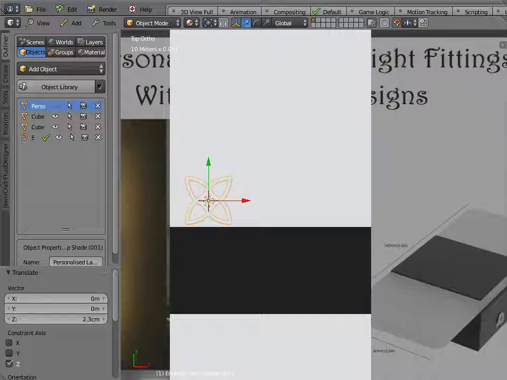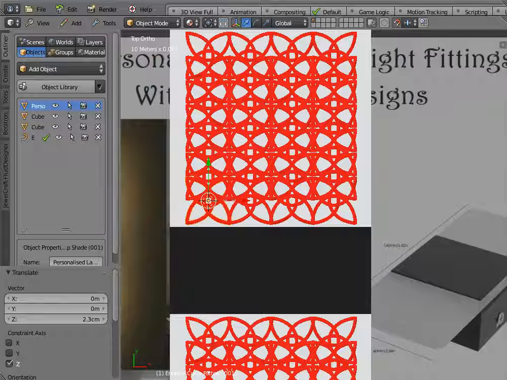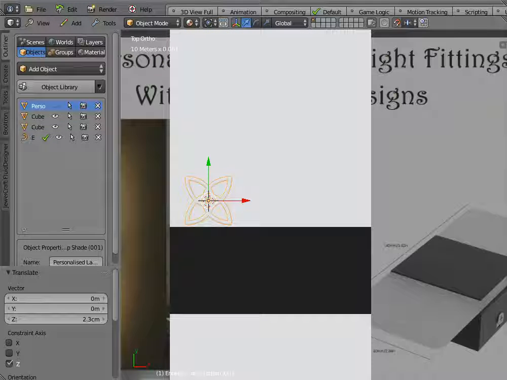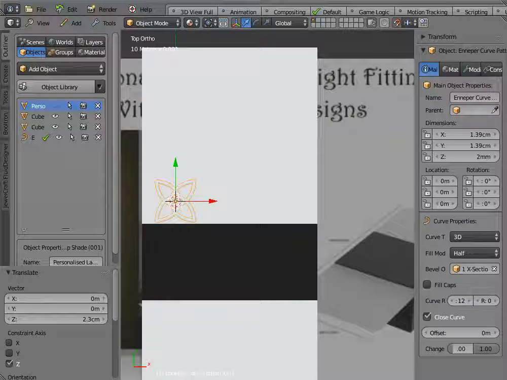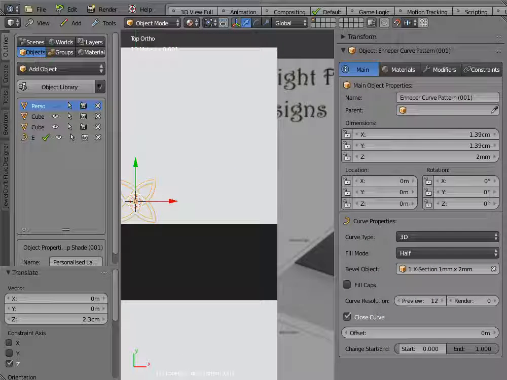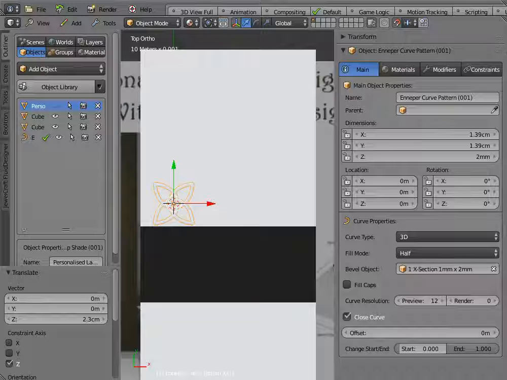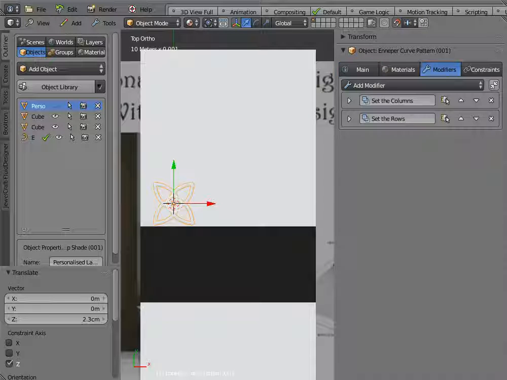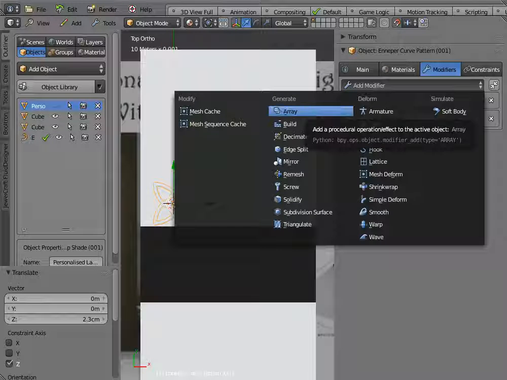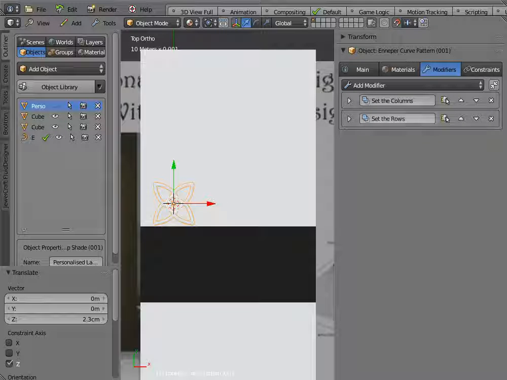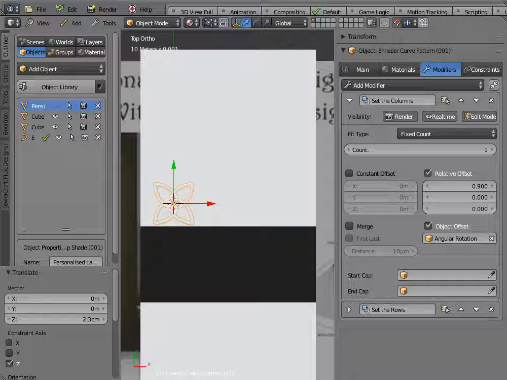It's not in red at the moment. That red color is just something that you can add on for later, and this is also a color that you can actually 3D print in. Now if we open up the properties panel on the right hand side, what I need to do is go to modifiers, and there are a couple of modifiers already set up with these parametric objects. These modifiers are basically array modifiers, and I've set up two array modifiers, one to set the columns and one to set the rows. So if I open up the columns and change the count,